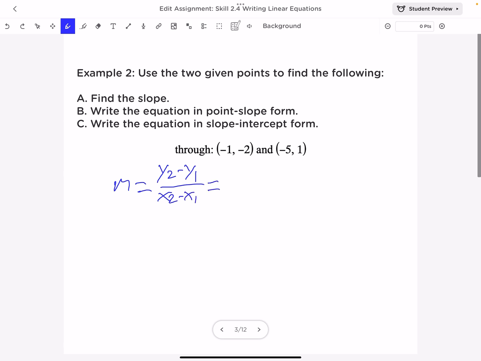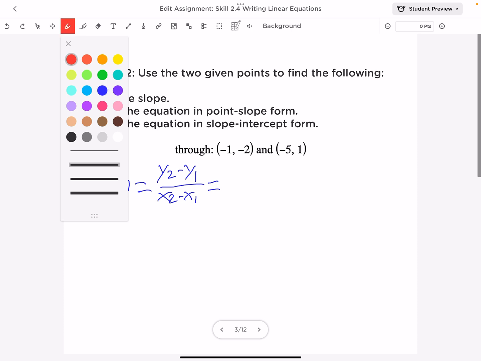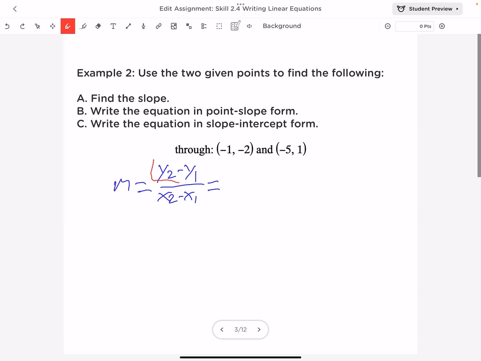So this is going to equal, and I'm actually going to make my top part red. And so that's going to be 1 minus negative 2. You can think of this as y2 and y1. This would be 1 minus negative 2, which is the same thing as saying 1 plus 2